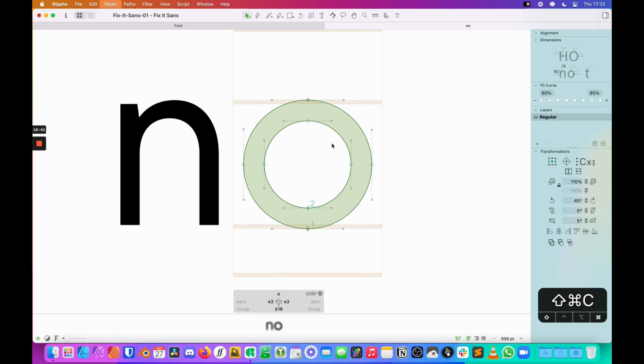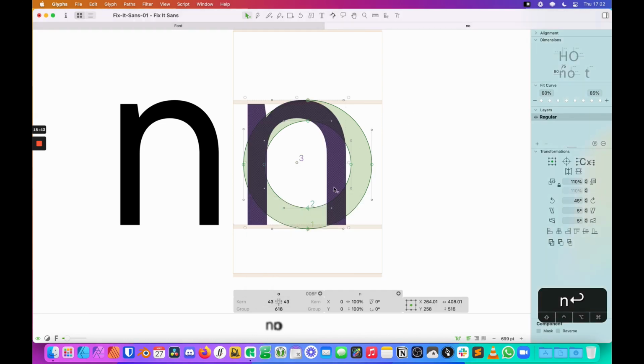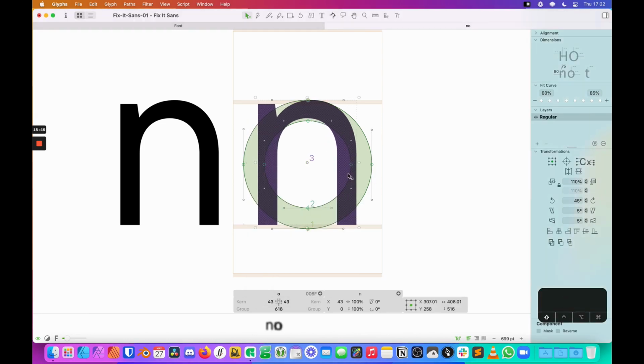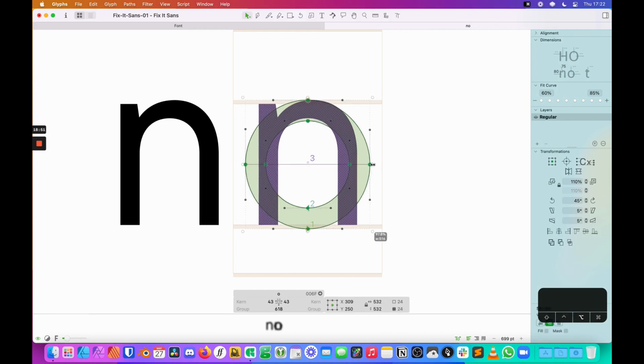I'm just going to go through and pull our lowercase n into the background here, because I do like to keep a little bit of a relationship between the two letters. So what I might do here is take the O, and all I'm doing is adjusting left to right. I'm not worried about top and bottom anymore.